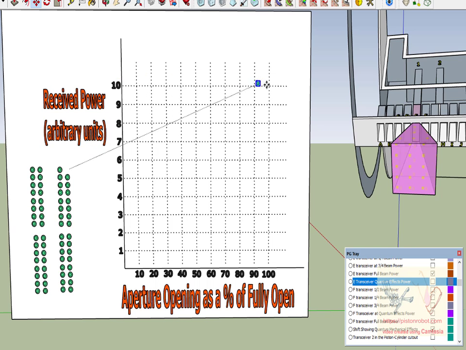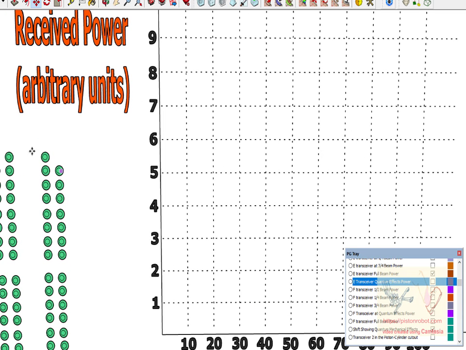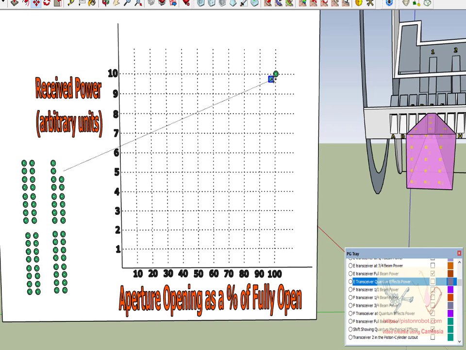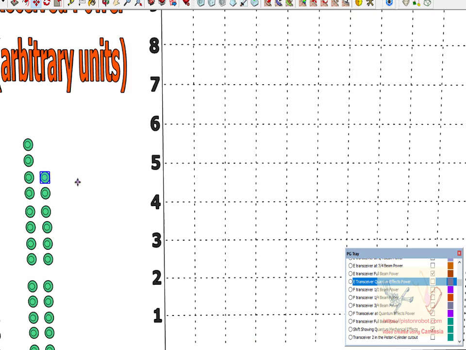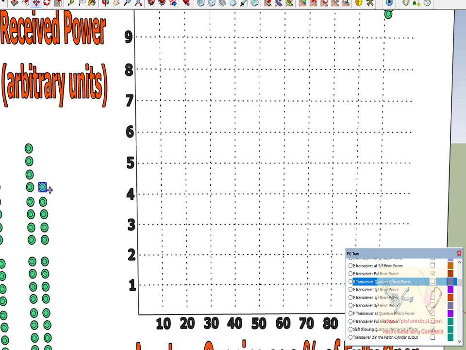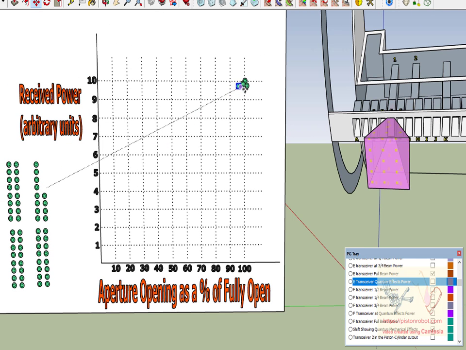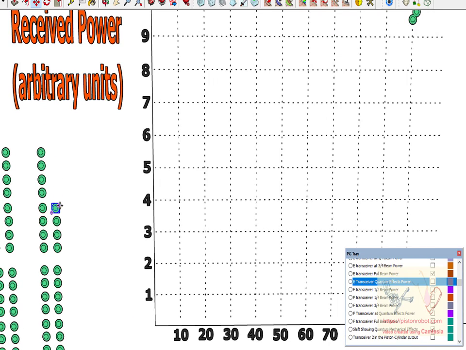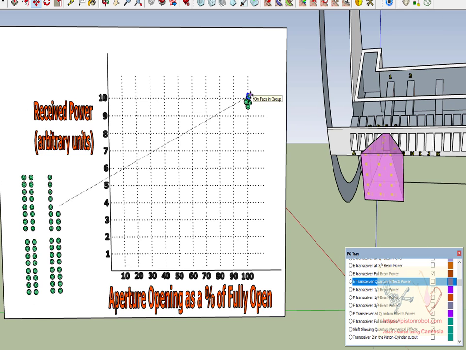we found that the value basically was a level of 10 when the opening was at 100%. And we put a couple of different points here to demonstrate that the power level will be in the zone of what we're calling 10, but it might not be exactly 10. And that's just because whenever you're doing measurements with measurement equipment, there's going to be some variability of the result that you get. But here is our little graph that we had before that's showing when the